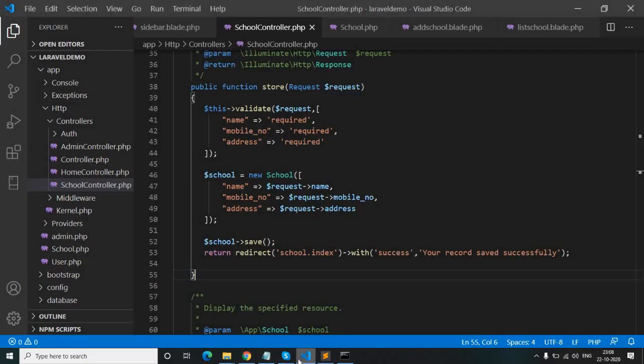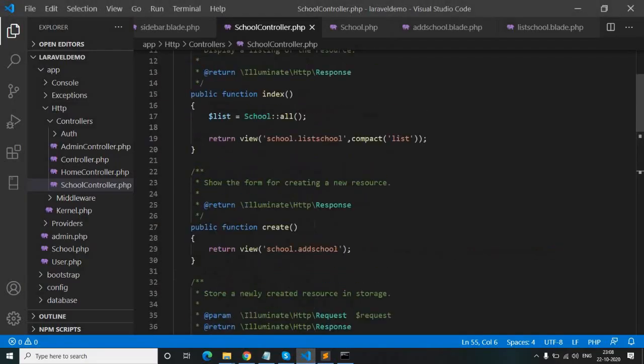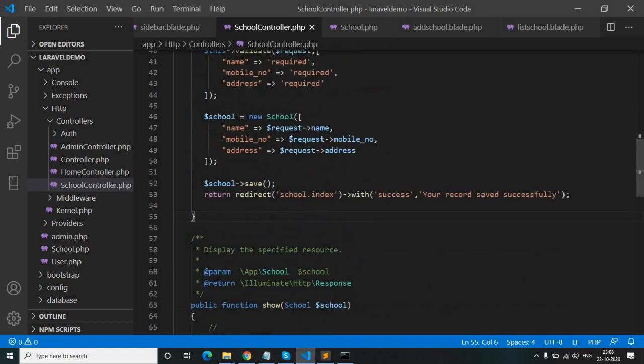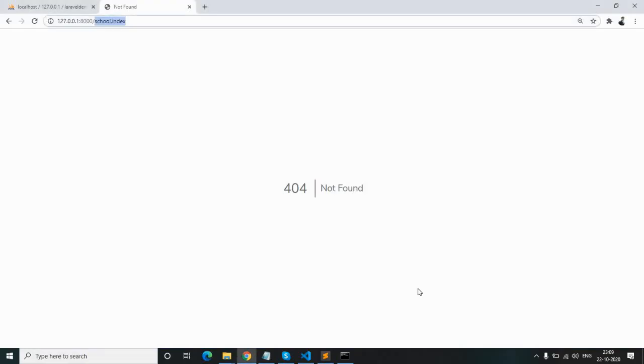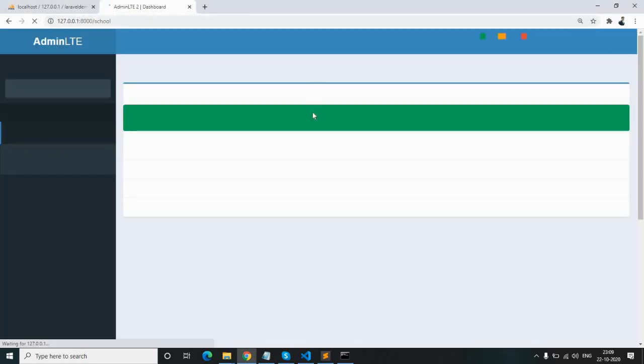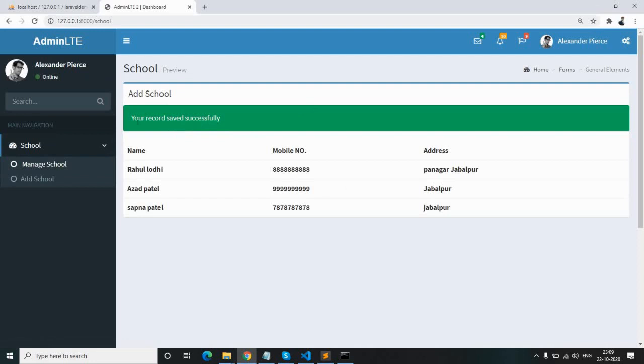So we will go to our store function, and here we have to use only school. If you write school only, here you can see we have got the message, your record saved successfully, and we have one more record, Swapna Patel, with her mobile number and address.